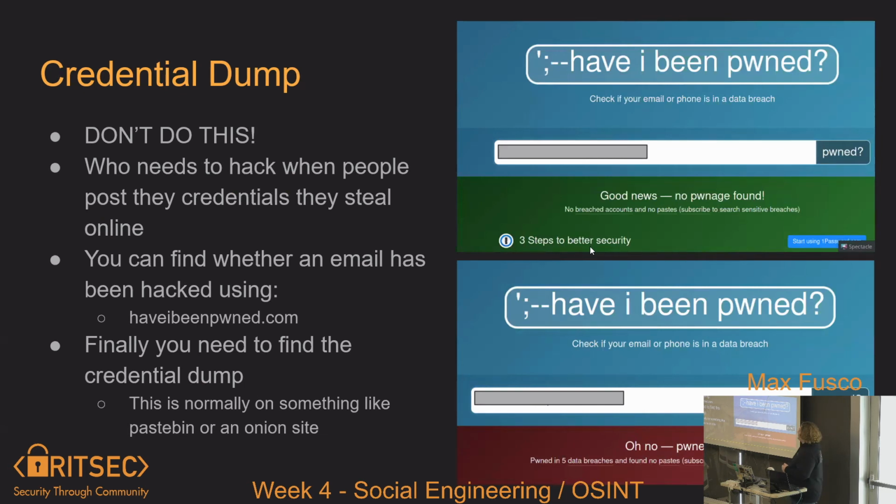Okay, so credential dumps. Don't actually do this. It's something to think about if you're in a professional assessment. Check all their emails. Have I Been Pwned tells you if your email is in any of the known credential dumps. Theoretically, if you're trying to emulate an attacker, you should say, realistically, I can find this credential, and potentially it's very similar, if not the exact same, as something they use at their business.